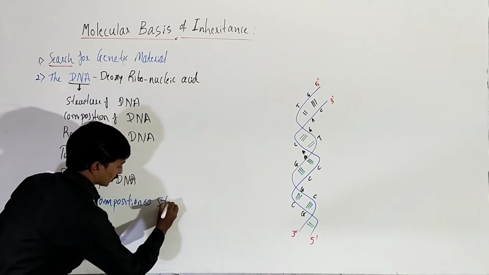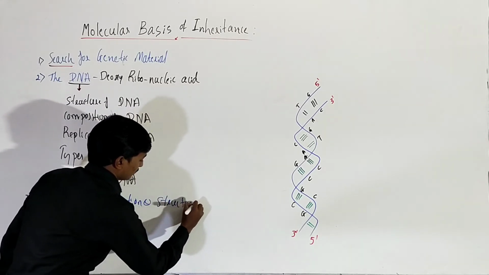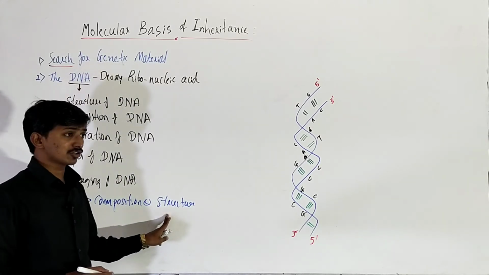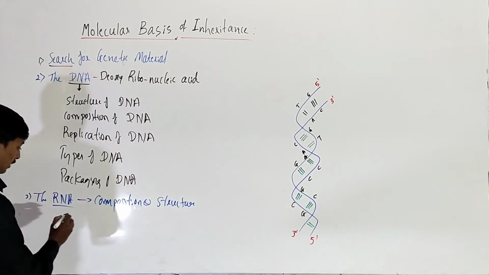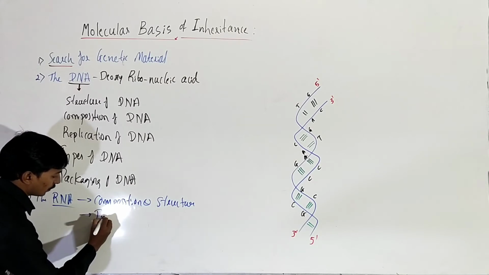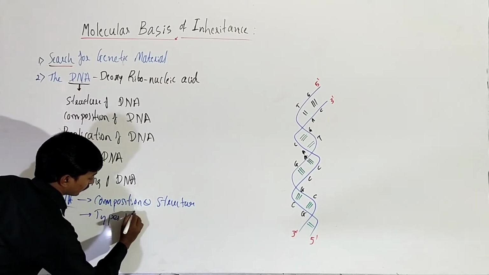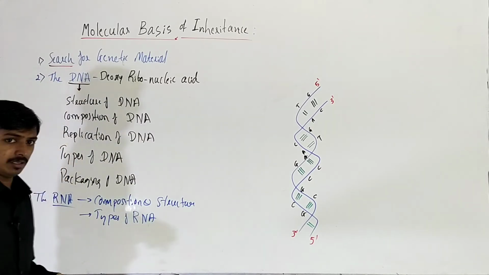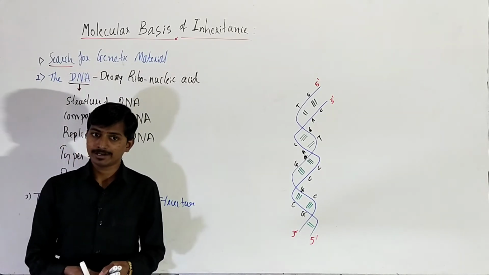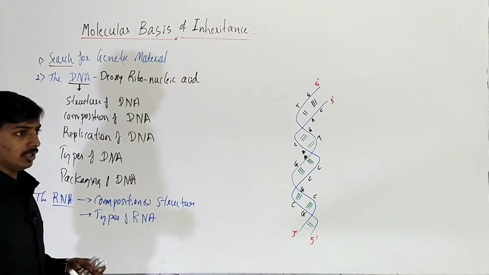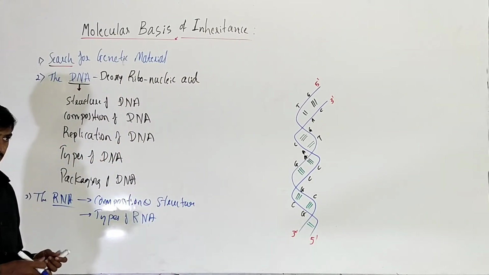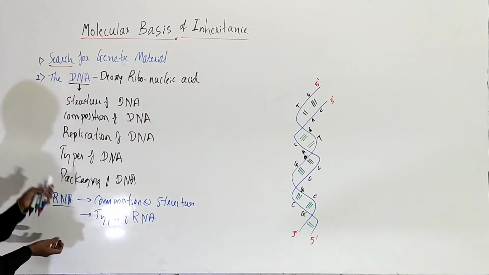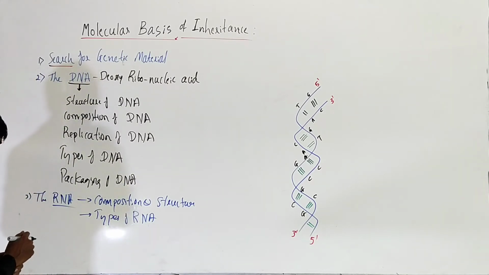Composition and structure means what are the chemical components present in the RNA and what is the structure of the RNA. Next we study about the types of RNA. Types of RNA, maybe mRNA, maybe tRNA, maybe rRNA, like that we study about the types of RNAs. Okay, after studying DNA and RNA, we have to go through the next concept,